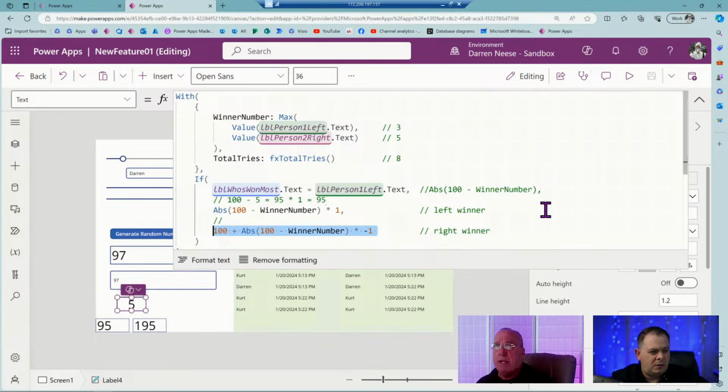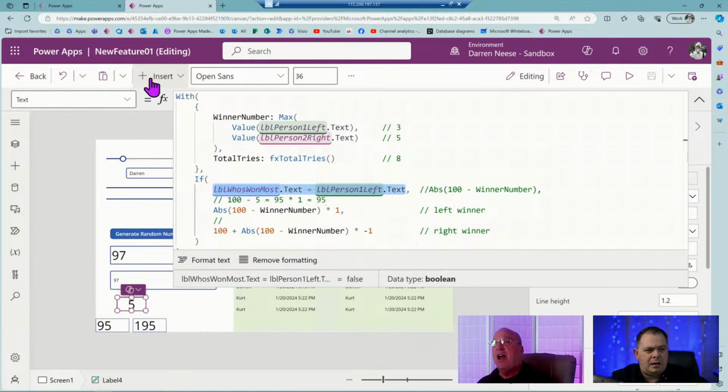Okay. So why are we not getting it? So the problem is in that line of code right there. Yeah, because we're getting 5. We should be getting 95. Exactly. But we're getting 5. We want it to be 95, right? So we need to go for that winning number. 100 minus the winning number would be 5, right? We don't want to do 100 minus the winning number, do we?